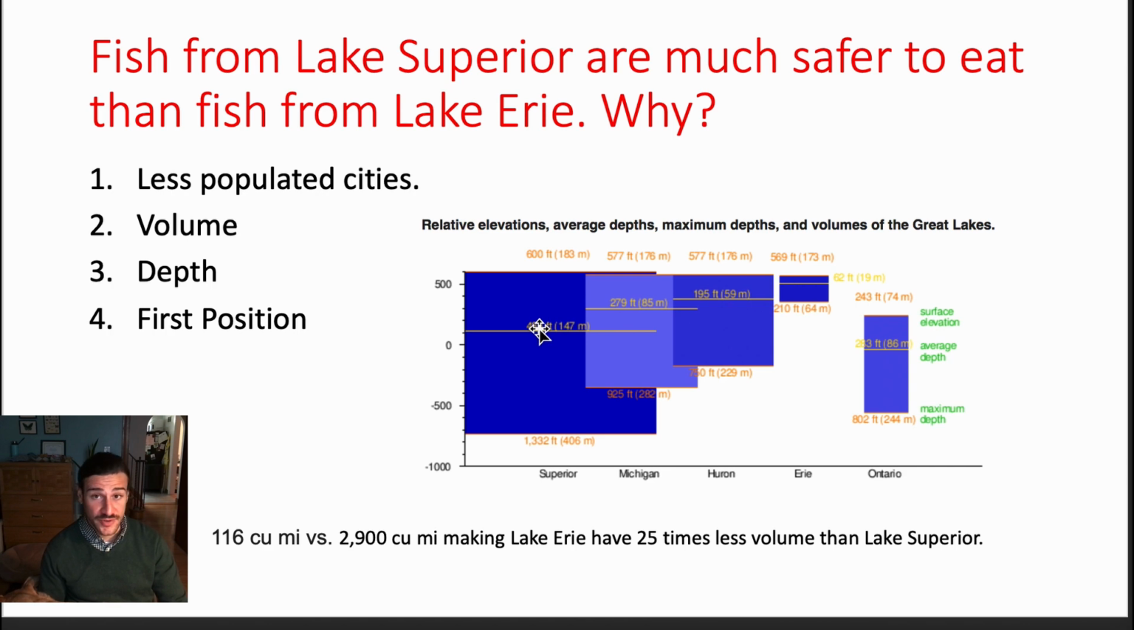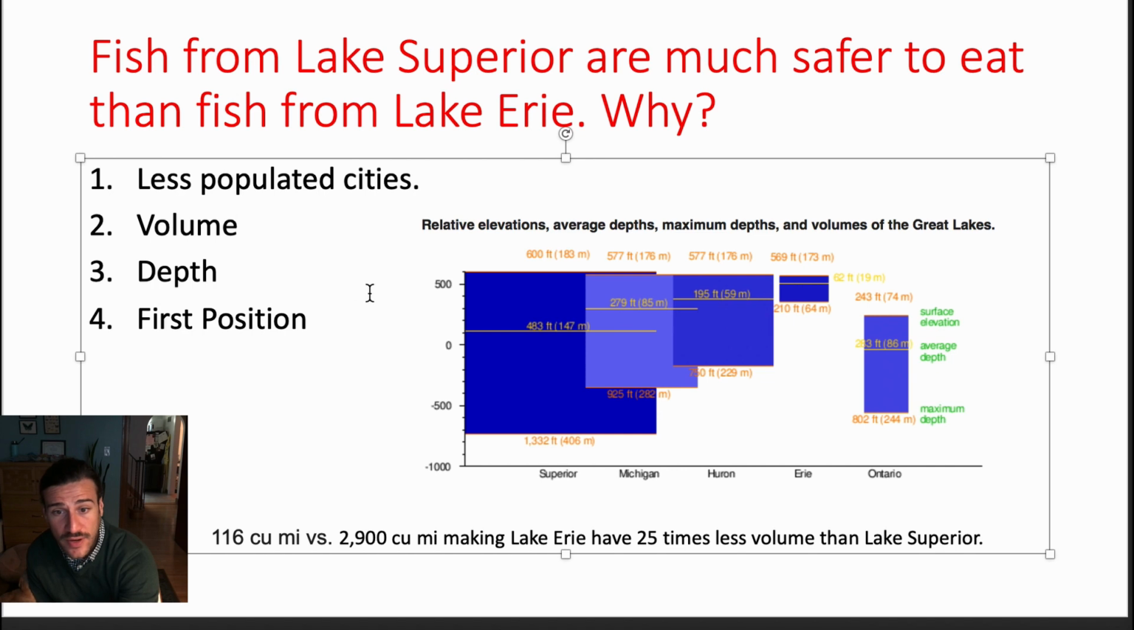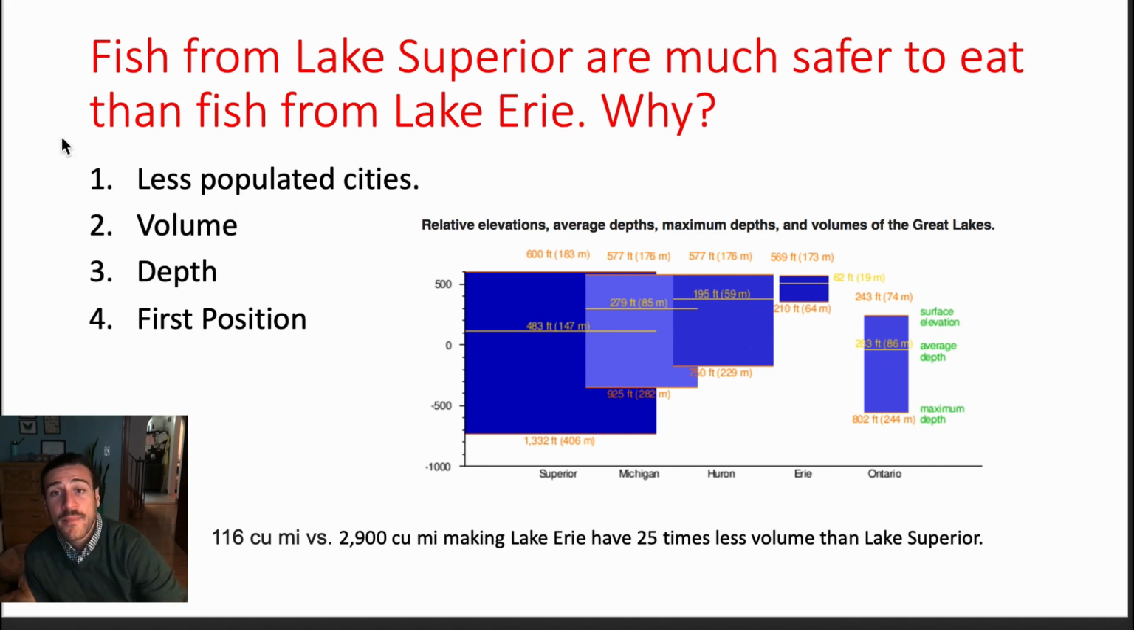Obviously, the more diluted mercury in the Olympic-sized pool. So here's the same idea, right? The larger the volume, the more pollutants it takes to have deleterious effects on the biological system, right? And then depth. Depth is actually really important because many of these pollutants actually sink to the bottom of